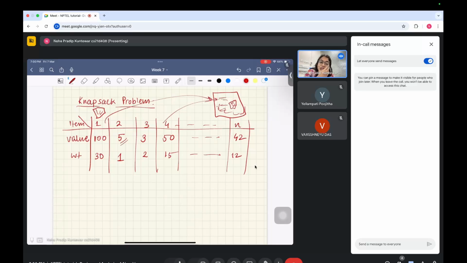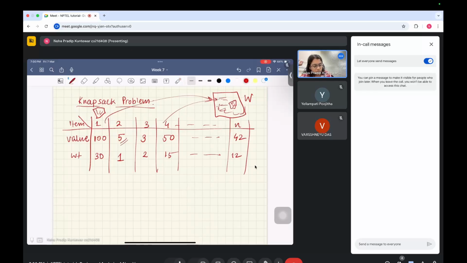So there is one catch though. Your sack has a capacity. It can't hold more than some amount of weight. So let's say it can only hold weight up to W. I can't do more than that. So now there is some kind of a constraint. I can't just arbitrarily take any item and keep on putting. What I want to do is maximize the value that I can have. That is the most natural thing to do. So there is some constraint on weight, but I want to respect that weight constraint and still achieve maximum value